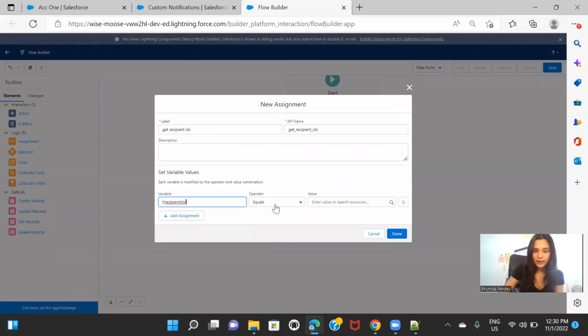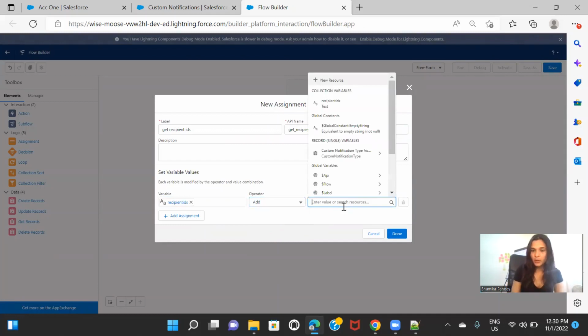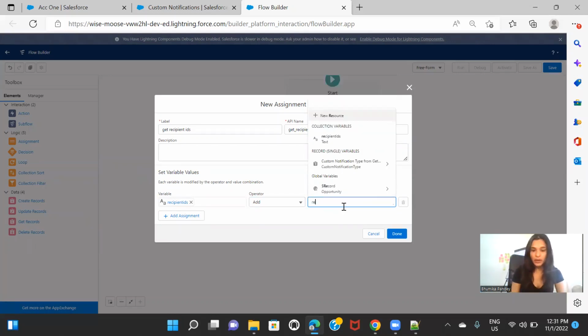And in this recipient IDs, I want to add the opportunity owner. So opportunity owner, where will you get it from? If you remember, $Record, right? Because opportunity is the record where we will be currently working on, right? That is when we want the trigger to, sorry, the flow to work, right? So we will be on opportunity basically, right? So you will get it from record dot owner ID,